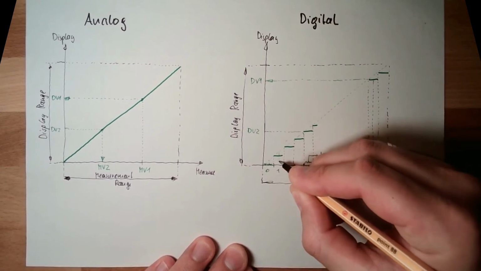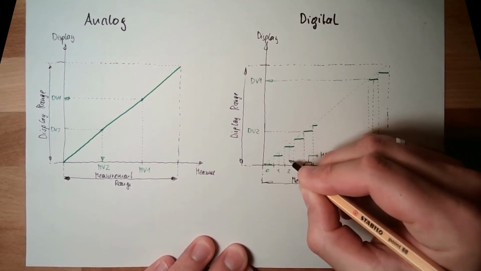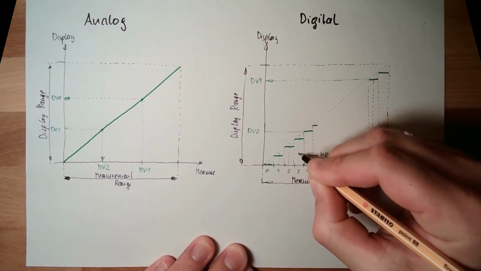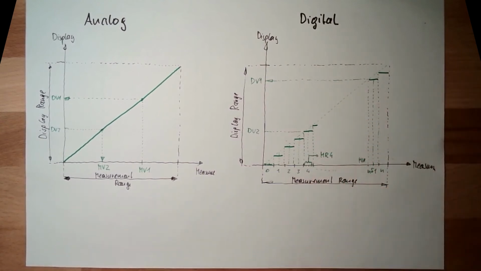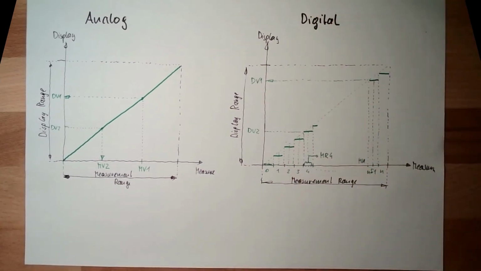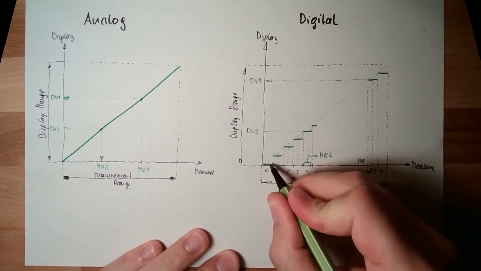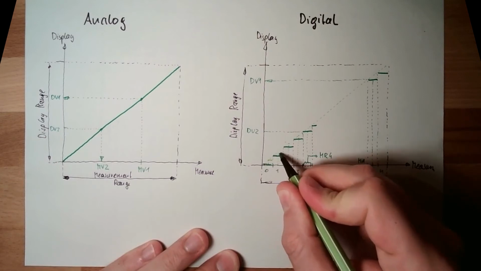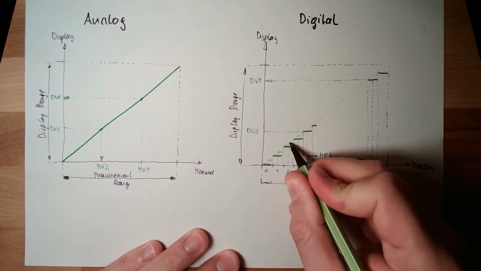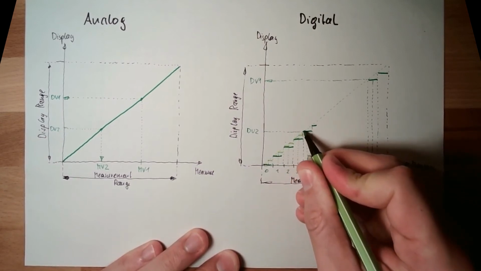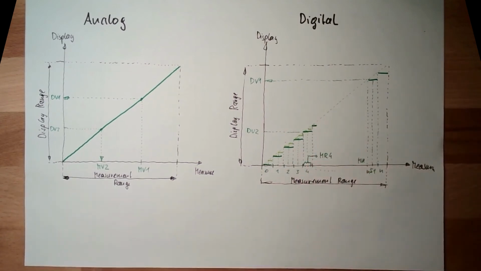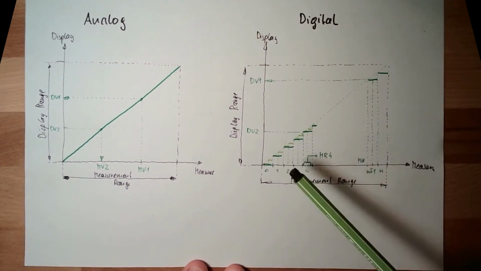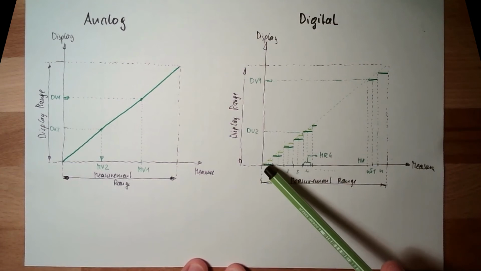I double the resolution in my picture now. I make twice as many steps, and then it suddenly looks like this. But I will never get rid of these steps. That's the big disadvantage of the digital thing. It's a stepped